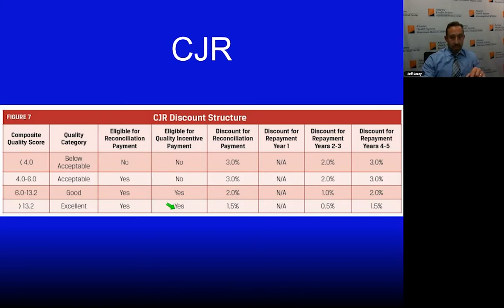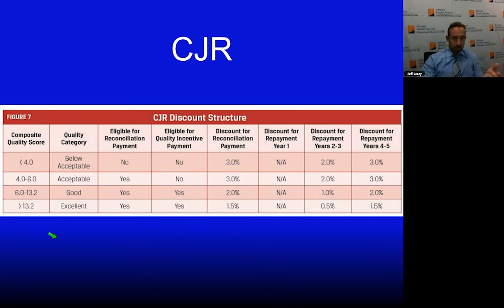And if you end up with good scores, you're eligible for a refund, and Medicare is going to take a less percentage. So you get a refund, Medicare skims less off the top, and if you weren't to save money, they're only going to take a smaller percentage back at the end of the year because you have a high quality score. So it really behooves the hospital to do as well as possible in all three of those categories. But again, this is not quite as simple as save money, get money back.